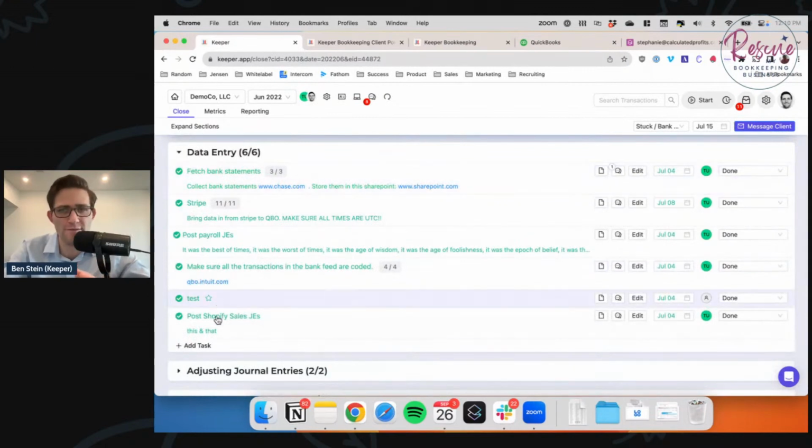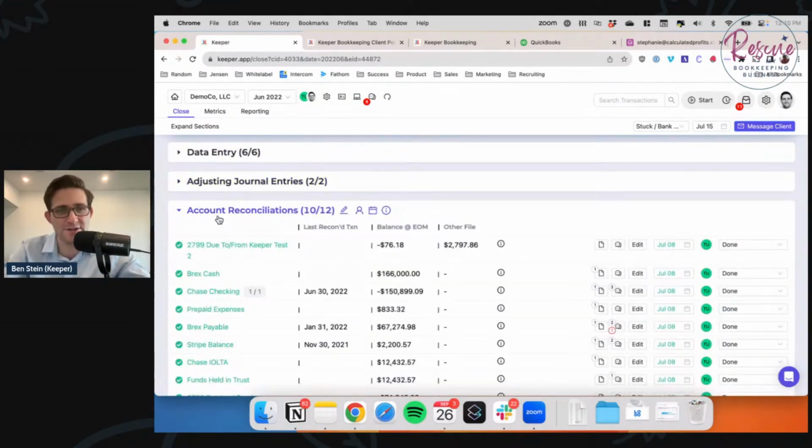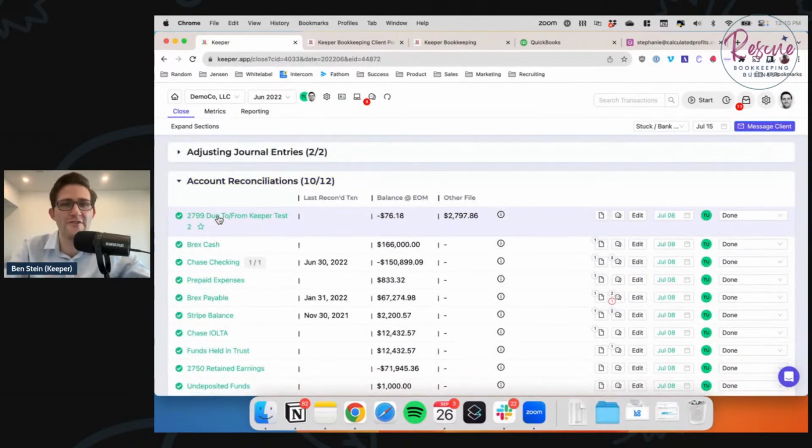And so this is really pure workflow. But below that, when you get to the account reconciliation sections, this is where you can start to see some of the power of how we used your client's QuickBooks data inside Keeper. Okay, so the account reconciliations still have to be done in QuickBooks or Xero, but this can act as a